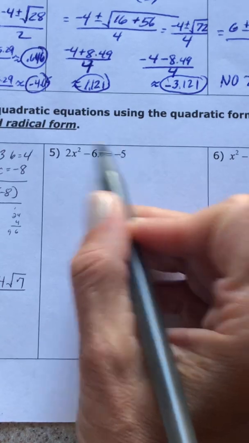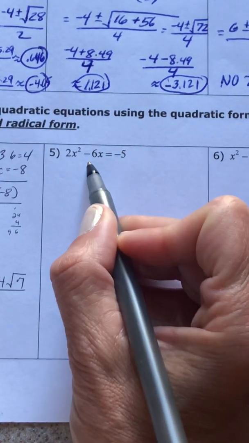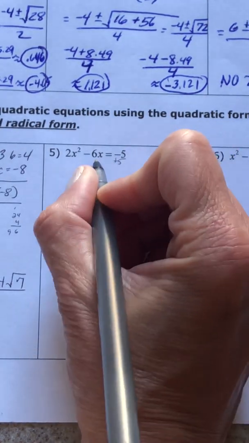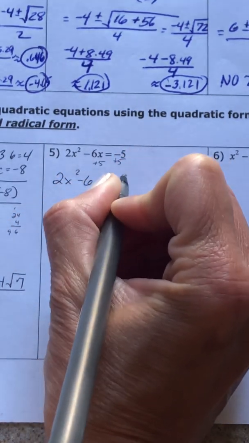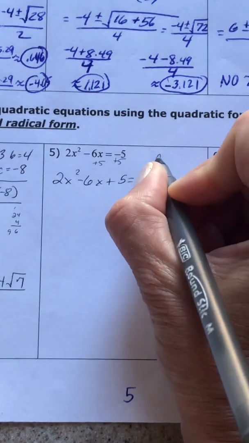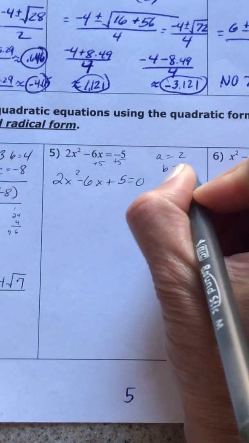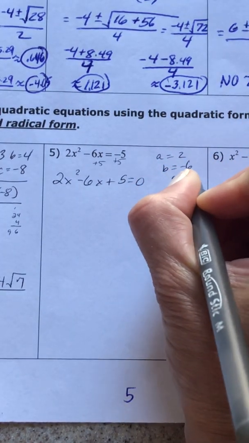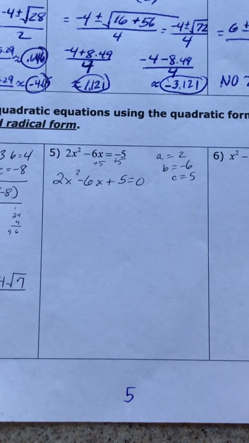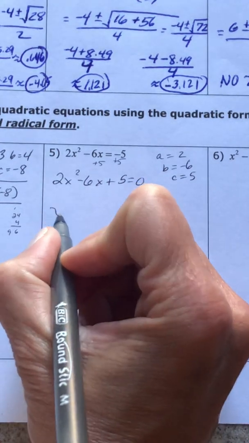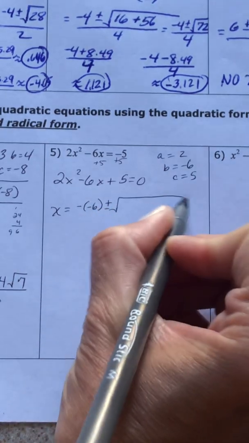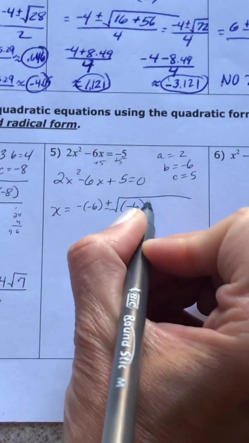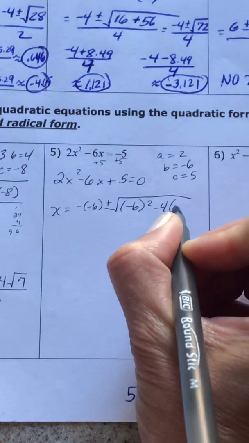The quadratic is not equal to 0, so you have to take that value and move it over. So I'm going to add 5 to both sides. And my new equation: 2x squared minus 6x plus 5 equals 0. You pick out the a, you pick out the b, you pick out the c. And then you plug them into the quadratic formula. X equals opposite b plus or minus the square root b squared minus 4ac